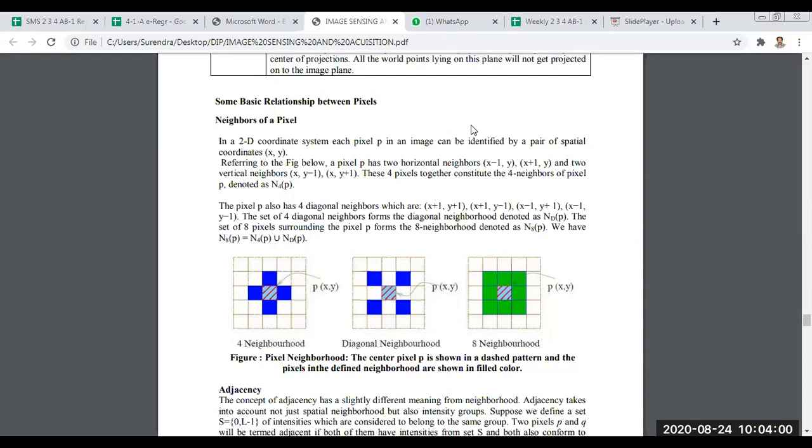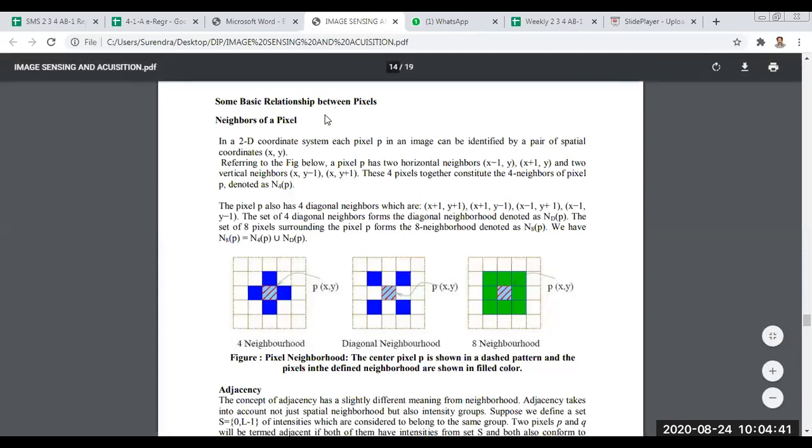the pixels. So pixels are arranged in our image in matrix form. We have already seen the representation: f of x comma y is a dot, or f of x comma y is an image. If it is composed of more than one pixel, it is called an image. f of x comma y is a pixel, but it is also an image if it is composed of more pixels, in square format or rectangular format, whatever depends upon your requirement, the image can be formed.